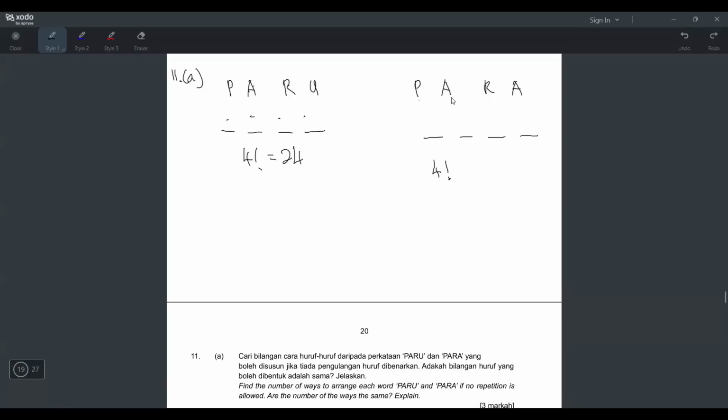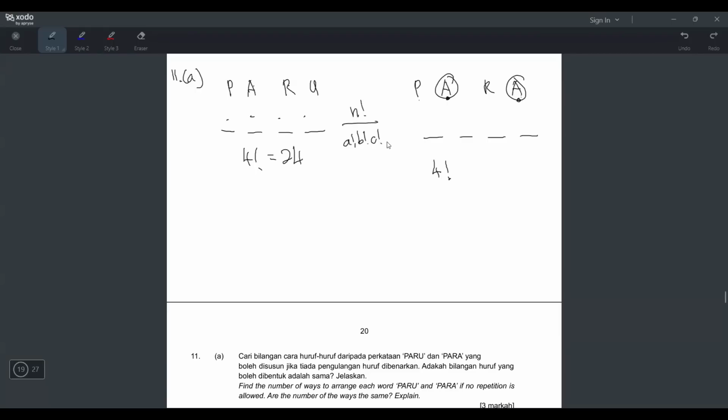Look at this word, P-A-R-A. You can see that A and A, what do we call this? Identical objects. Dalam bahasa Melayu, objek serupa. Identical objects means when there are 2 identical objects, the 2 objects are the same, right? So when there are 2 identical objects, the formula you have to use is n factorial divided by A